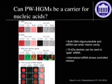So we tested using DNA, also siRNA. Both of them can internalize, but after washing, they are still retained within the cell wall. And we sequentially incubated with siRNA and 17 kDa dextrin. We saw that this can make the siRNA retain in the interior cavity, suggesting that